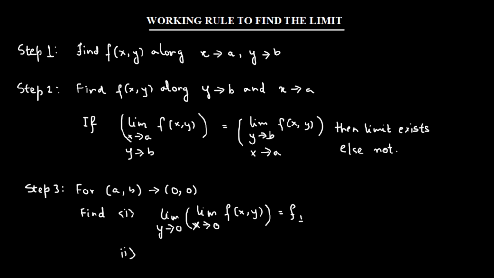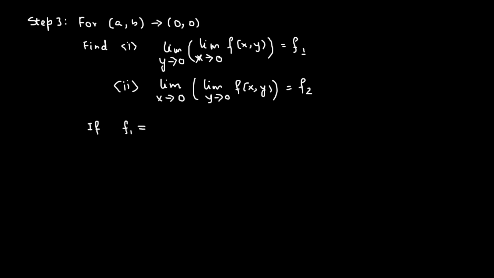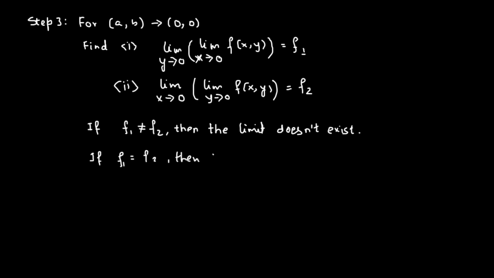Next, in number 2, we are going to determine the limiting value of the function f of x comma y as y approaches 0, followed by the limiting value when x approaches 0, and let this be the function f2. Then we are going to check whether they are equal or not. If f1 is not equal to f2, then the limit doesn't exist. We will stop there. However, if f1 is equal to f2, then we will have to go a step further